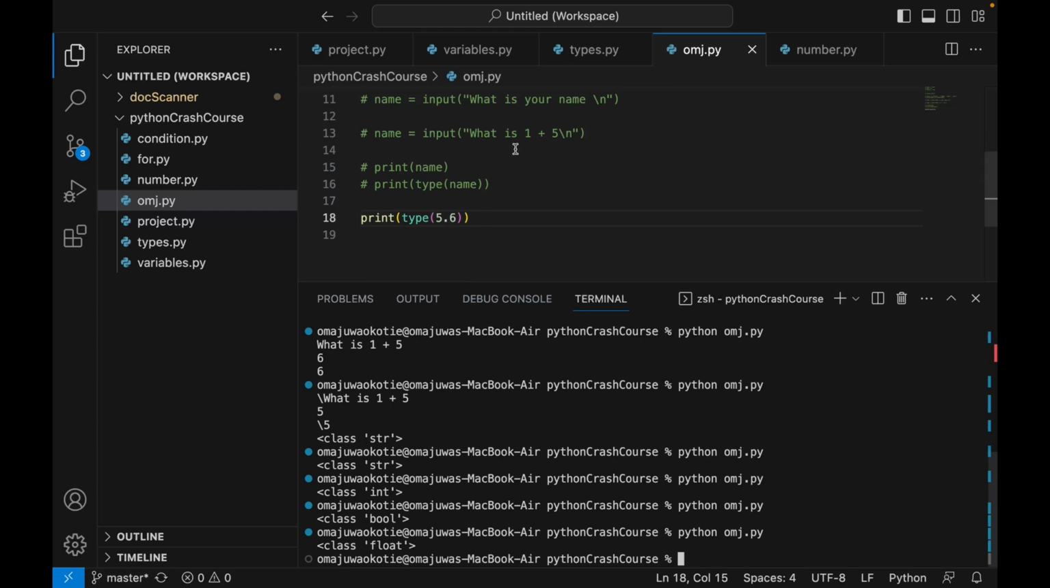So normally you were prompted what is 1 plus 5, and you put 6. Now it's returning it as what? As a string. Why is it returning it as a string? Because what the input does is that the data were presented in the form of a string, so it will return it in the form of a string. You will understand this more in a project. So that's why when I check for the type, it's telling me that it's a string. But I want to use an integer because